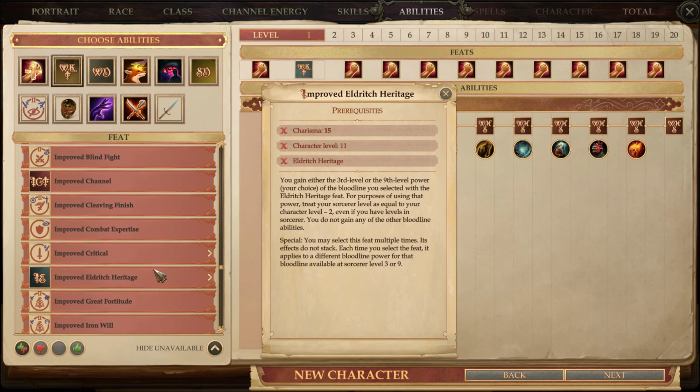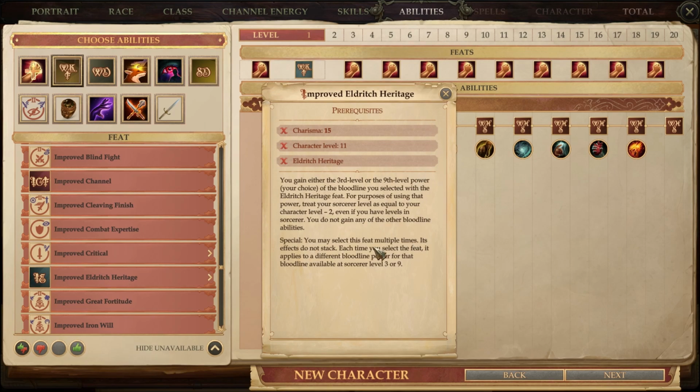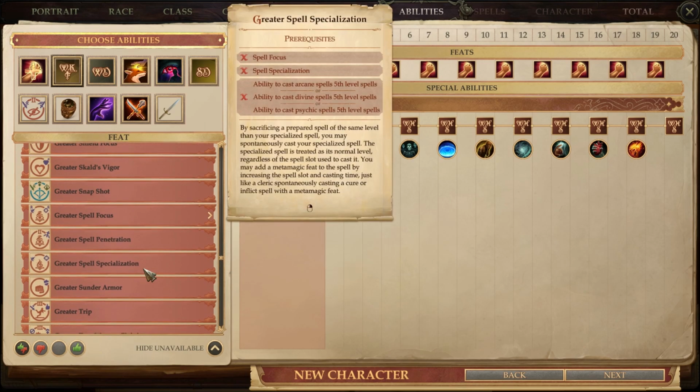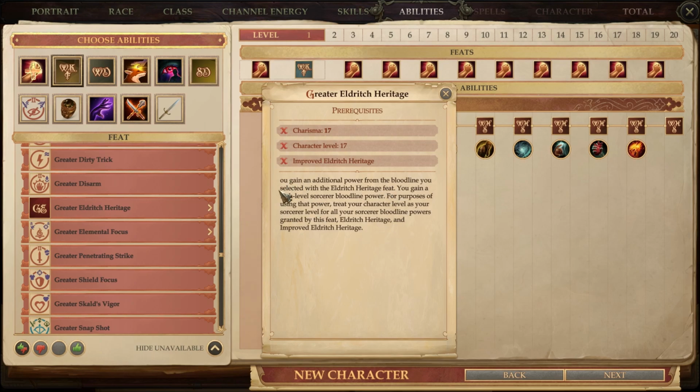I'm not saying they all work, so I would, again, pre-build your character, test that out, prove that it works. Make sure you have all the requirements, because some of these will not work right, by the way. I can't remember which ones I've tested, but I know that there are ones that do not work and ones that work just fine. And then, of course, if you need the ultimate, the greater Eldritch Heritage, the level 15 upgrade,